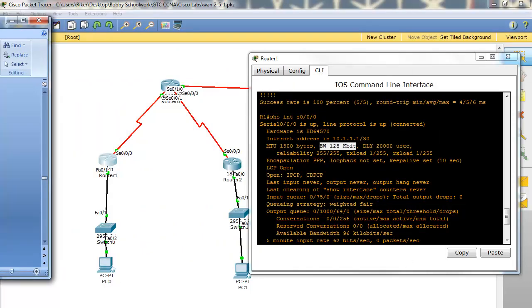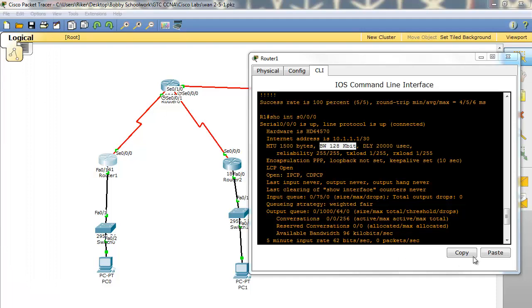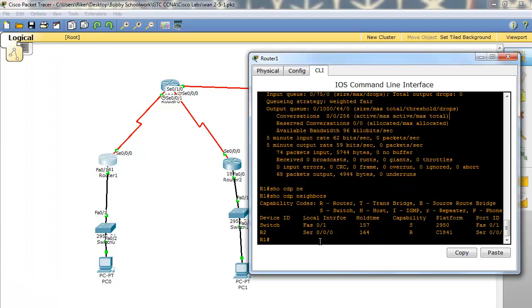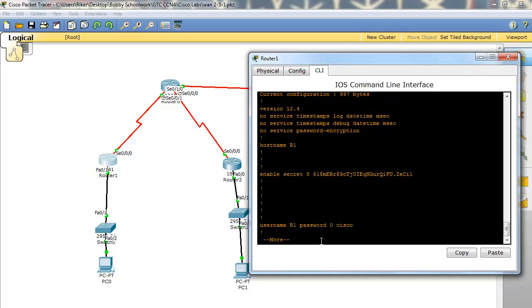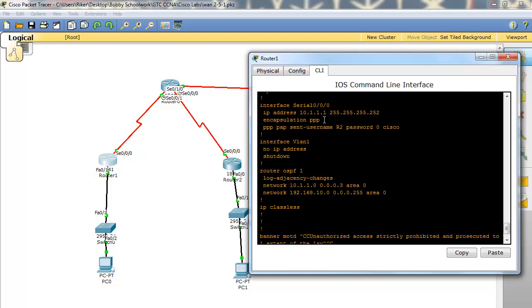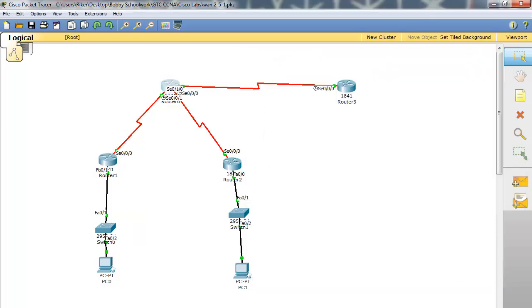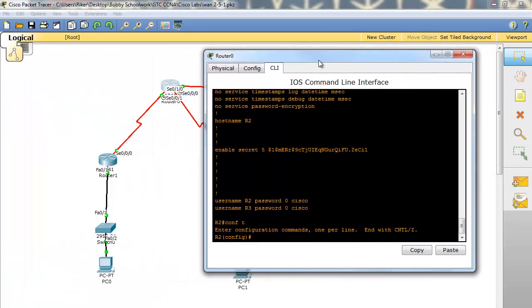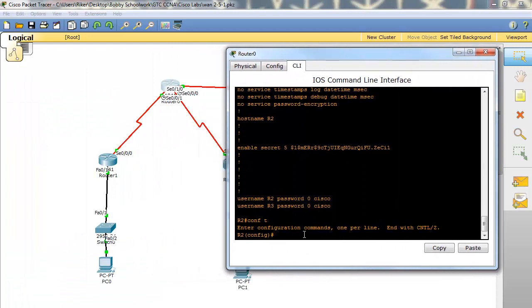But I've authenticated, as you can see. Sorry, I was... show run. Now I've authenticated right here. Oh, wait a minute. No, I didn't. I lied. This is router 1, right? Yes, it is. So what I'm going to do is I have to put PAP in there, which is Password